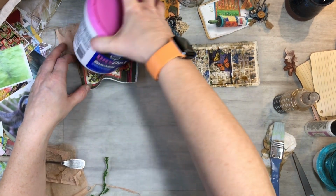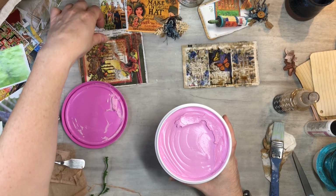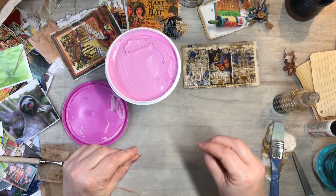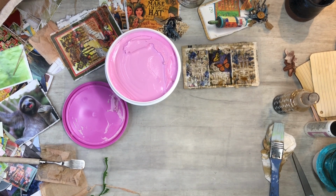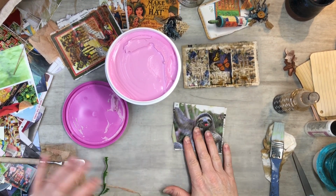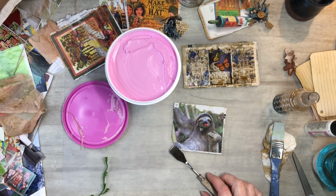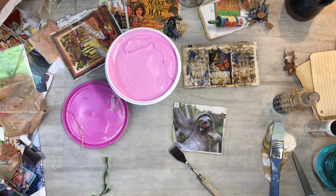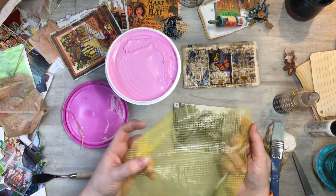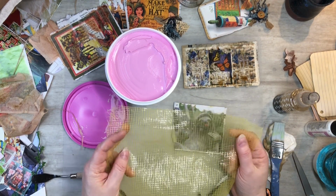Oops, I set that on there, jeez. Okay, so this is what I wanted to do with this. This is pink, and it dries white when it's done. So I've got my little sloth here, so cute. And for something to stencil with, I'm using some netting. I want to see how this works. I haven't tried this yet, but some netting